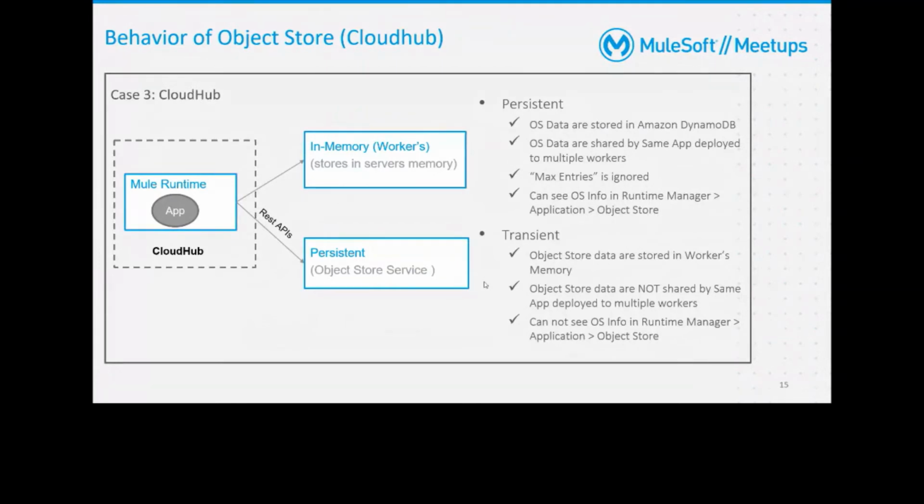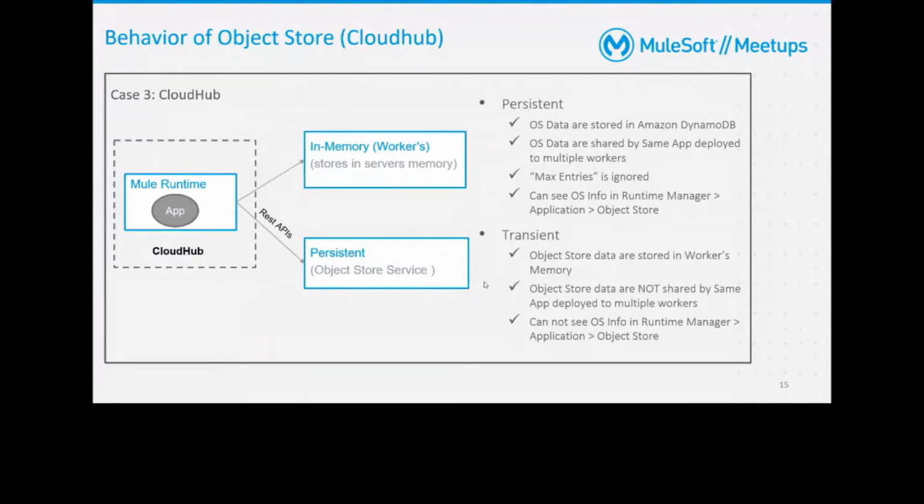So if we want to see our keys, whatever we have, we can go to Anypoint Platform, Runtime Manager, and select the application and see the object store. Under object store, you can see whatever keys are saved. But if we don't select persistent during our implementation and we have transient,